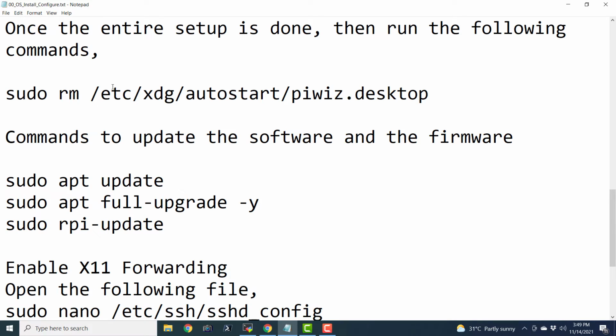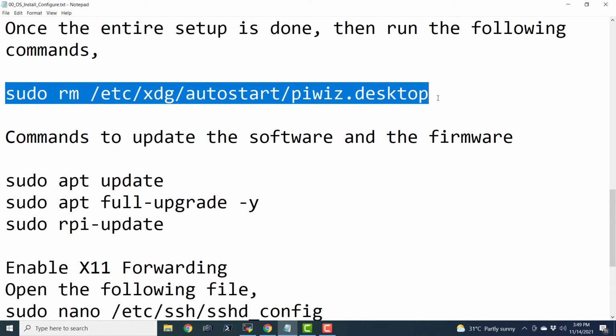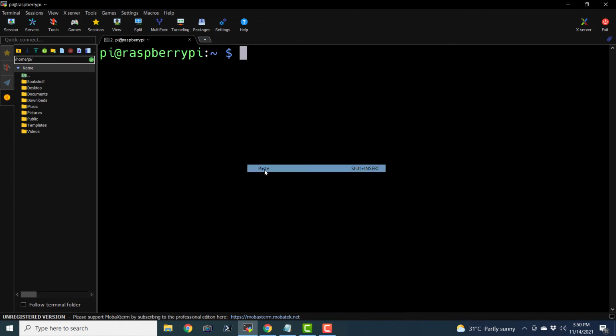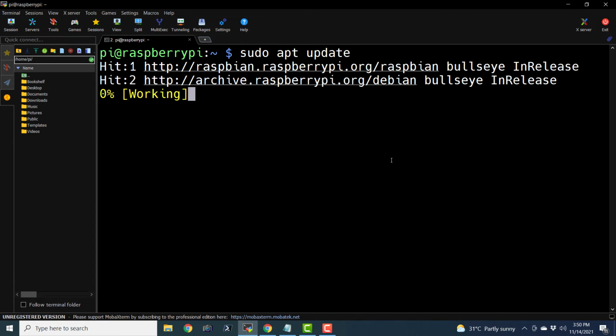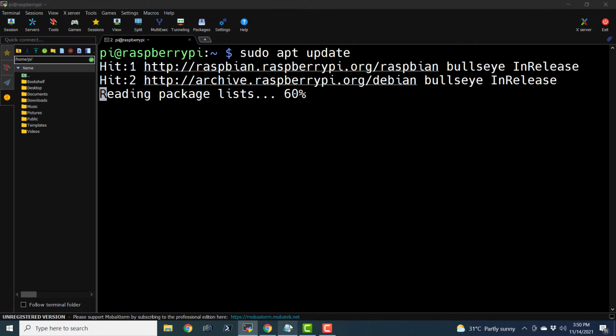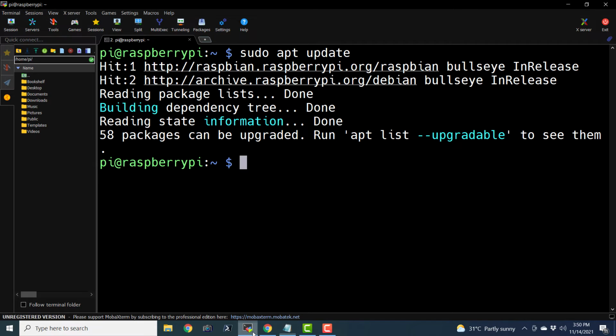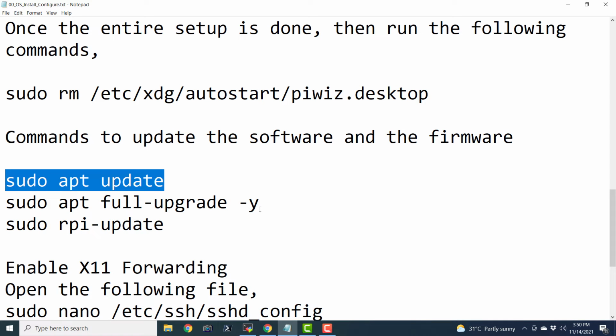This step we will do in the end. So now we can update all the references like this. So sudo apt update is going to update the references to all the repositories. It will take a moment. All the actions that we are performing will require an internet connection to be active. It is actually updating connections to the repositories